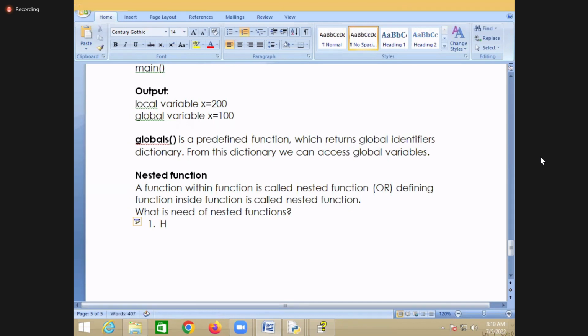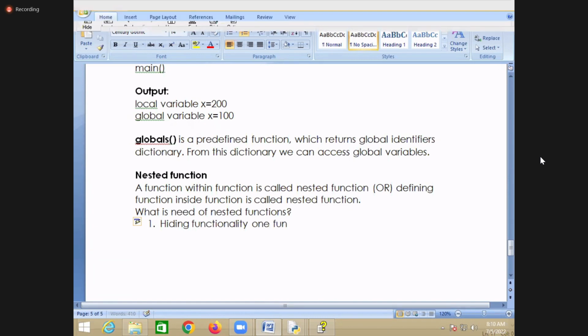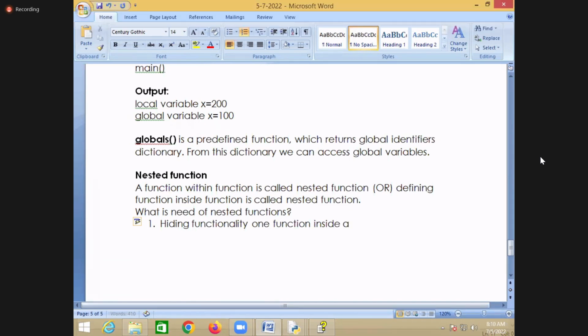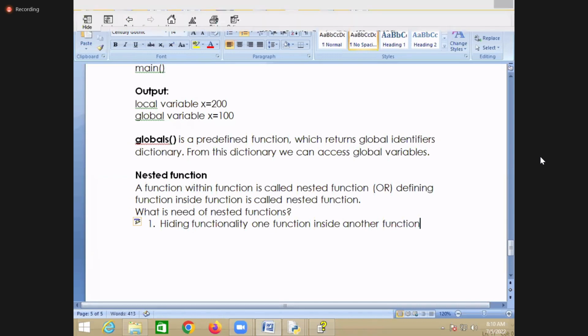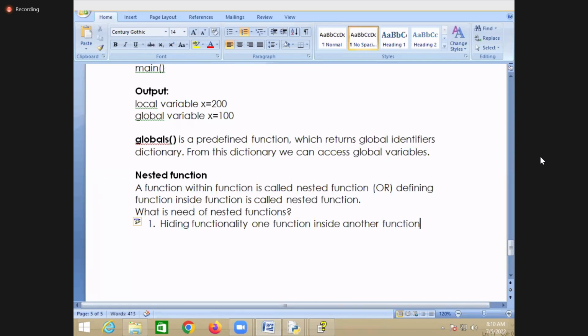The first one is hiding the functionality of one function inside another function. You'll be hiding the functionality of one function inside what? Another function. The second one is nested functions are used